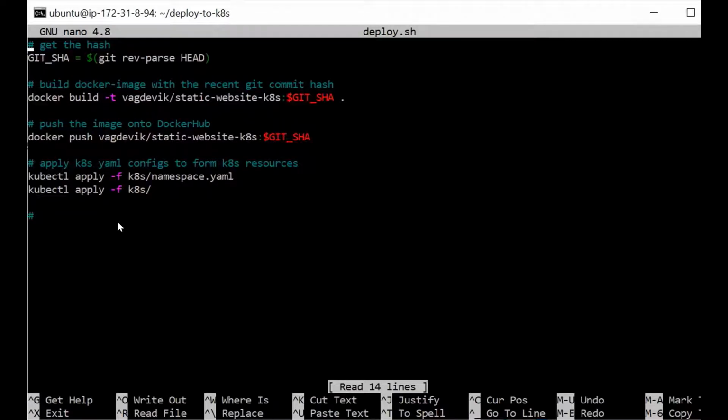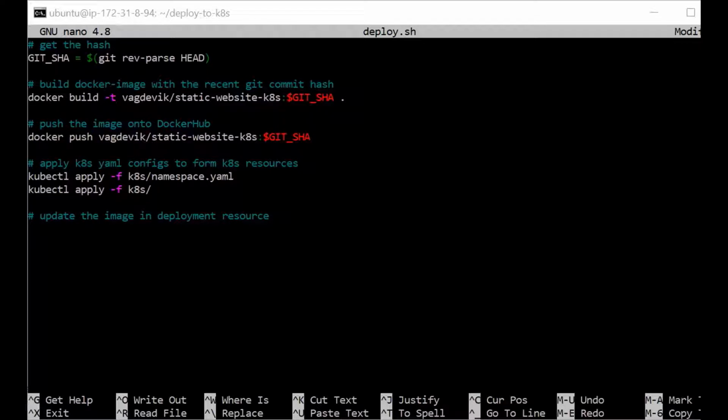Okay, so update the image in deployment resource. Okay, so we can do this by using a kubectl command only, which is nothing but kubectl set image and the other arguments. So kubectl set image